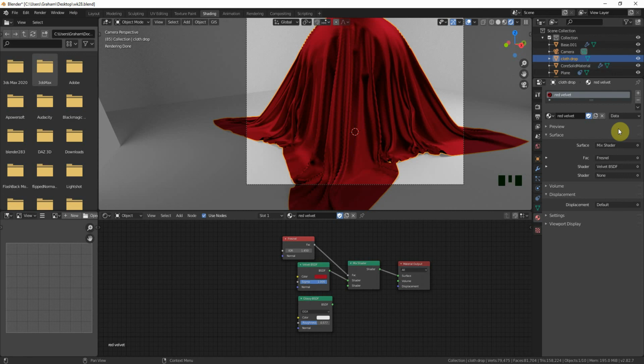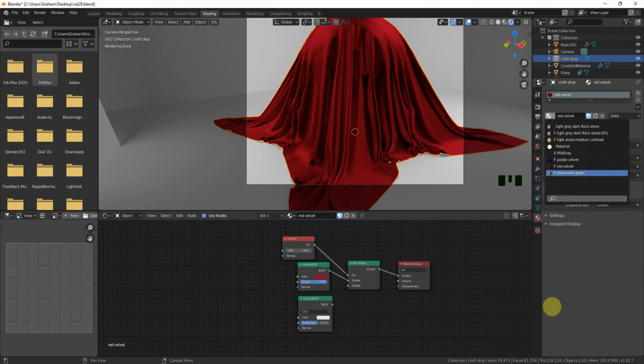So, at some point during this class, if it hasn't been asked already, the question is going to be asked: why don't we just save this as our startup file and then we've got all our materials that we want? And I strongly discourage that. The reason being, as you build up a library of more and more materials, this file is going to get bigger and bigger to the point where it's going to start affecting the performance of Blender while you're trying to work,